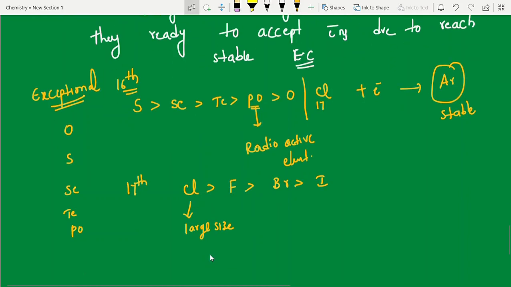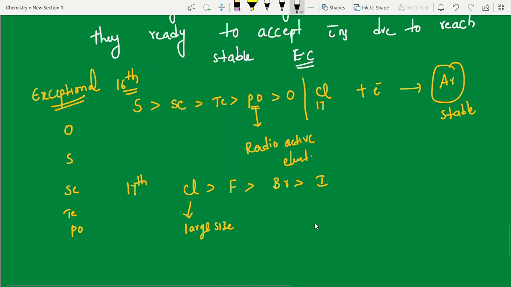Detailed explanation is in the previous video. Now I am going to give one previous year question, students. Electron affinity values are given, so based on the values also we have to find the correct option. Okay, let me give the values.